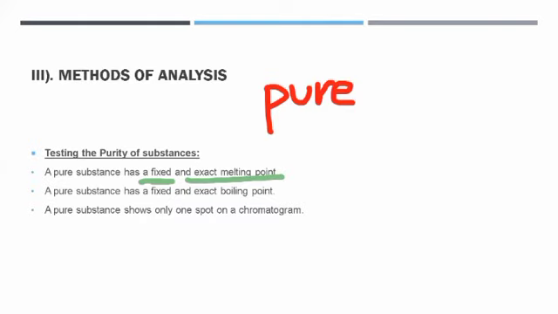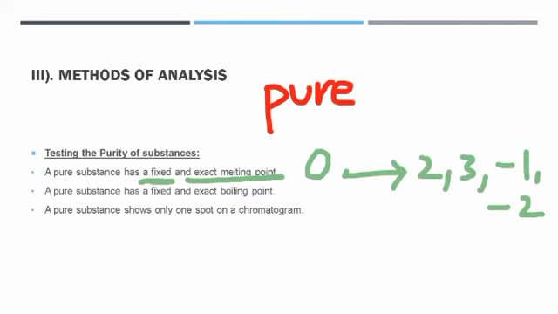I told you that when you have an impurity added to any pure substance, the melting point decreases, and so does the boiling point, and you have a range of values for melting and boiling point. For example, if you add an impurity to water and the melting point was 0, it can now become 2, 3, -1, and so on. Since we've discussed that when an impurity is added, the melting point always lowers, 2 and 3 can't be because they're greater than 0.